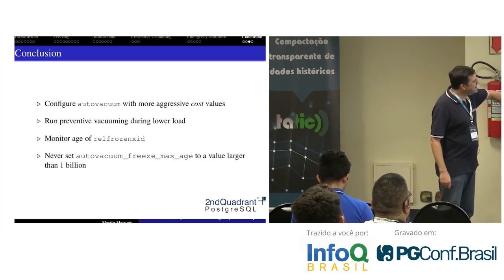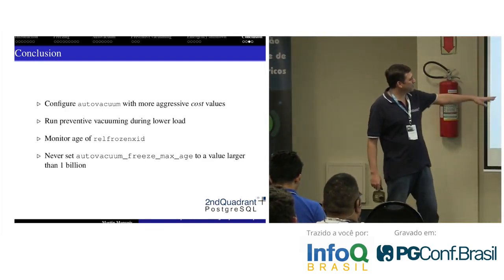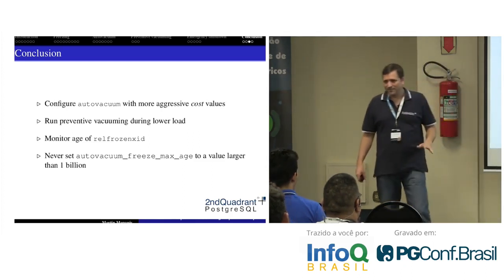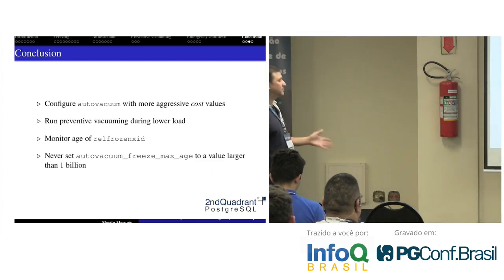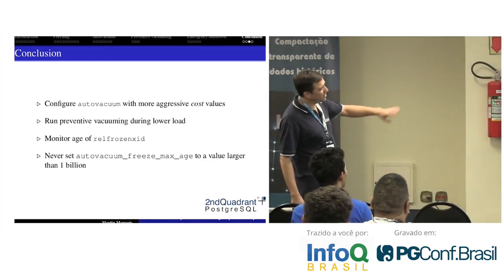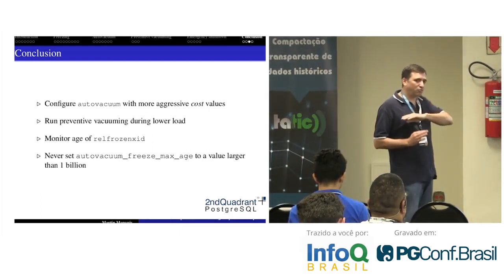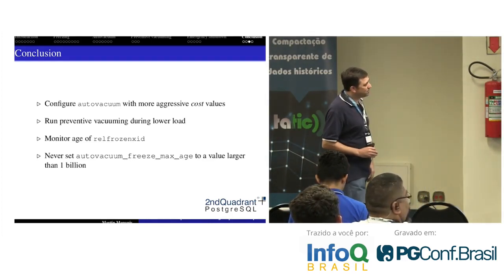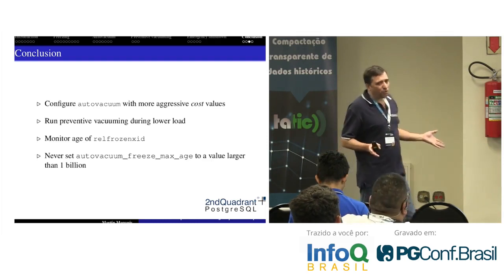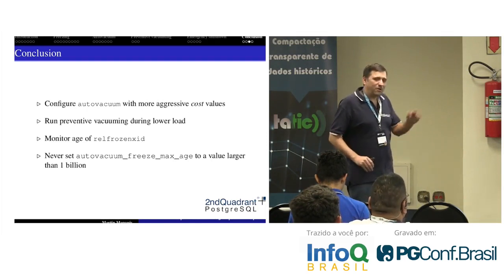And please, don't set autovacuum_freeze_max_age to something larger than 1 billion. Surely don't set it to 2 billion. I think the default is 200 million. I think something closer to 800 million is okay. If your system is really high on transactions, then 800 million should be enough. Should be a good value. 1 billion is okay. I mean, I will not reject 1 billion. Above that,